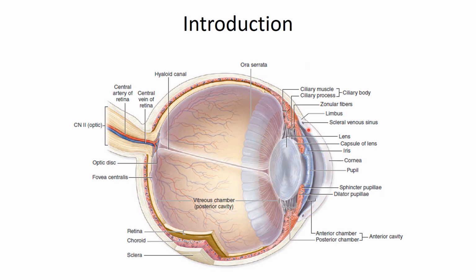and this transparent portion is known as the cornea. So the 1/6 portion is transparent anteriorly, and the rest is fibrous and opaque. This is sclera. Anteriorly, this is cornea, and their junctional portion is known as the limbus.